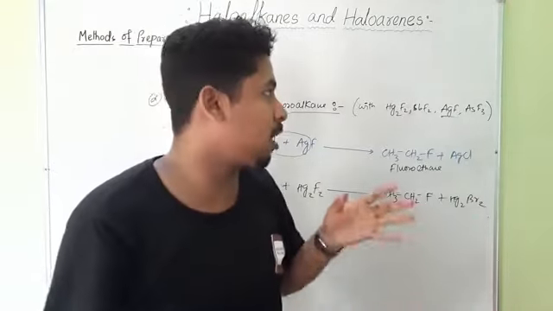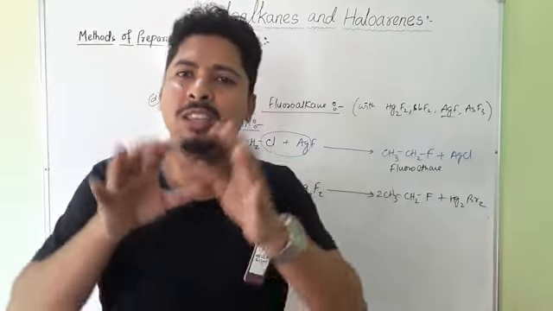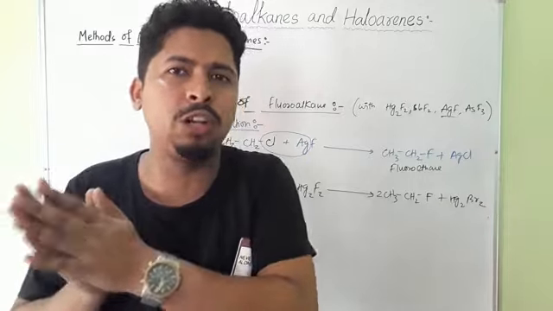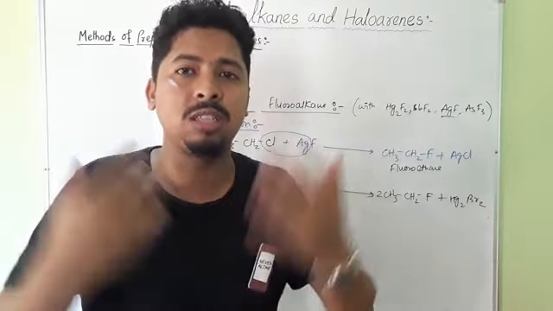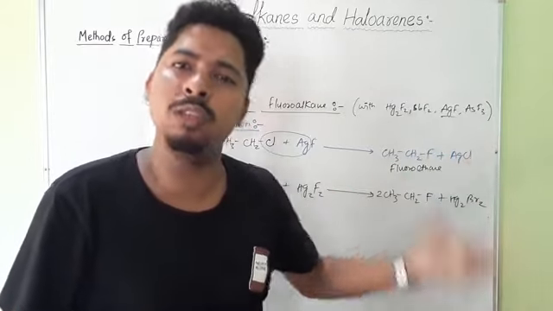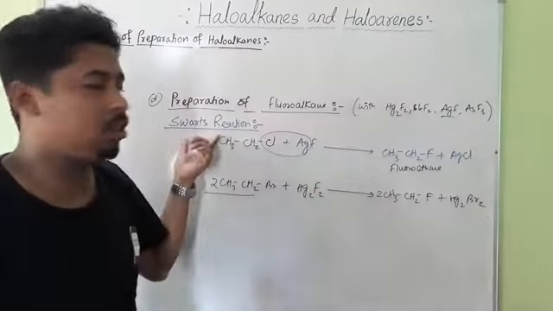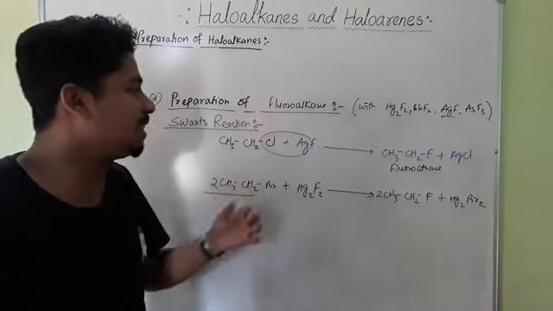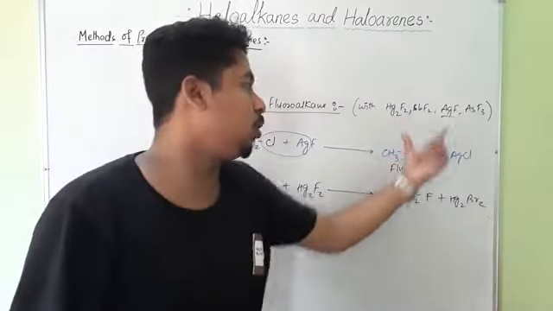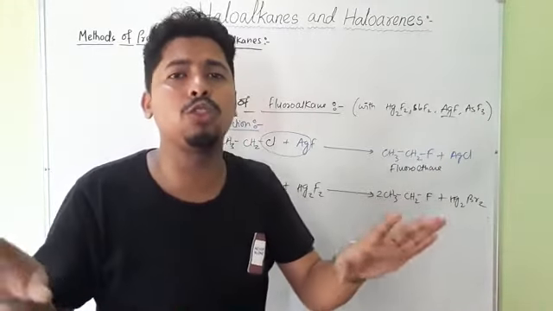And lastly, we discussed the methods of preparation of fluoroalkane. These fluoroalkanes cannot be prepared directly from alcohol by treating with HF. Rather, some other methods are followed for their preparation. So in the preparation of fluoroalkanes, we use Schwarz reaction. In this Schwarz reaction, when chloro or bromoalkanes are treated with inorganic fluorides, it will produce the corresponding fluoroalkanes. So this is all about the various methods of preparation of haloalkane.